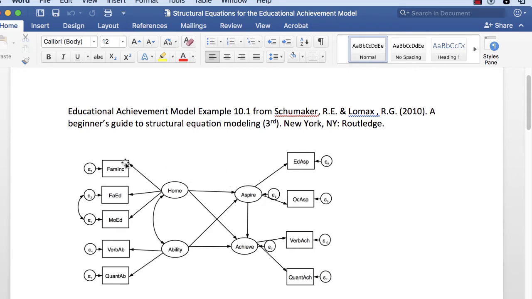Now we have these in the square boxes. We have our observed variables. So we have 9 indicator variables, and these variables are divided into measuring 4 different constructs. So for example, family income, father's education, and mother's education are measuring the home environment construct. This would be considered part of the measurement model of the